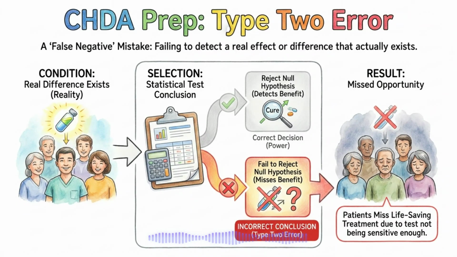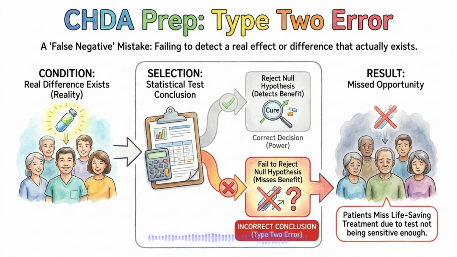Conversely, a type 2 error is a false negative, which occurs when you completely fail to reject the null hypothesis, even though a real difference actually exists. Imagine a brilliant new drug genuinely cures a terrible disease, but your statistical test accidentally concludes that the drug is completely useless. This tragic mistake means patients miss out on a life-saving treatment simply because the mathematical test was not sensitive enough to detect the benefit. Balancing the risk between making a type 1 error and a type 2 error is a constant challenge when designing